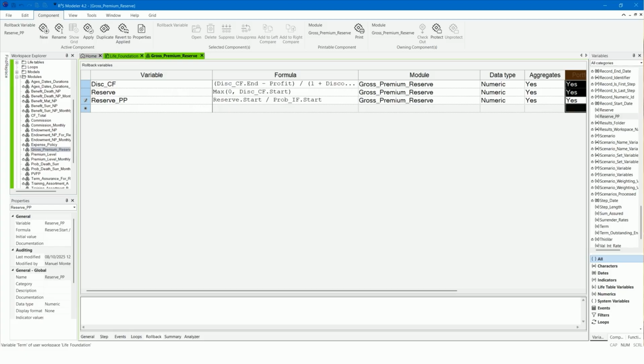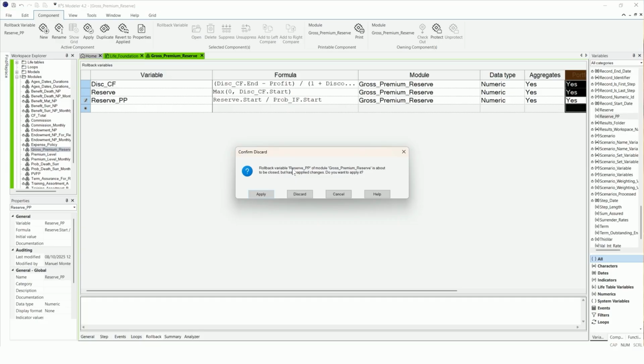Once we have completed the gross premium reserve module, we need to create a new projection process using the new process module and the existing endowment product module.